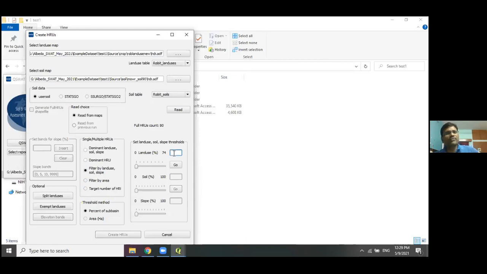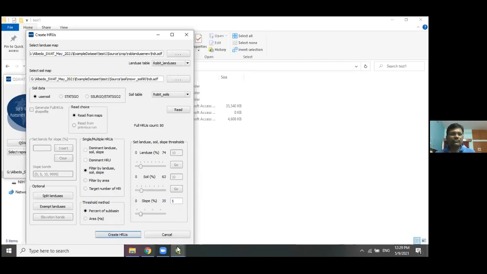So now let us say we will go by the filter approach. Say 10% weightage we will give for land use land cover, then for soil 10%, and for the slope 5% weightage. It depends on the watershed characteristics. We can specify the weights like this. Then click on create HRUs.